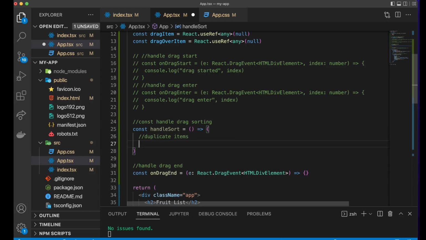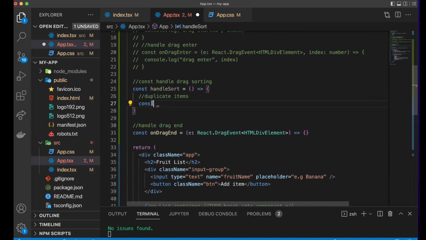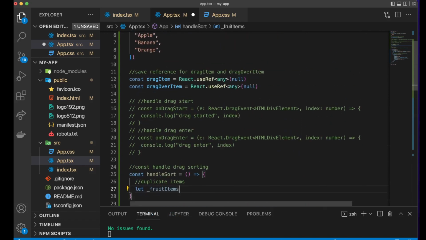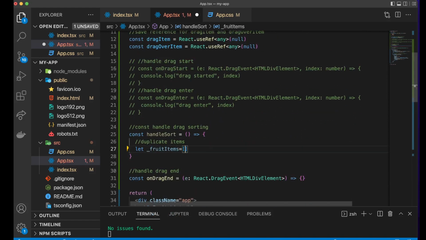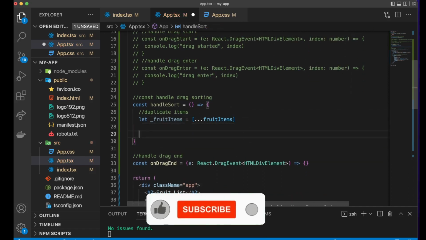I have this habit of, not const, let's just do let, and then we have fruit items. I think that's what we use. Yes, so that is same as whatever our fruit items has,